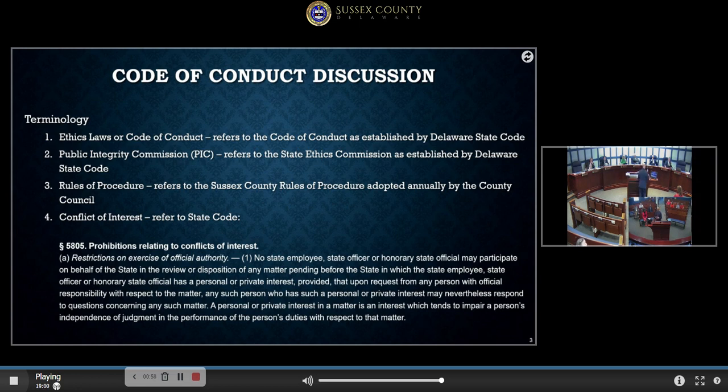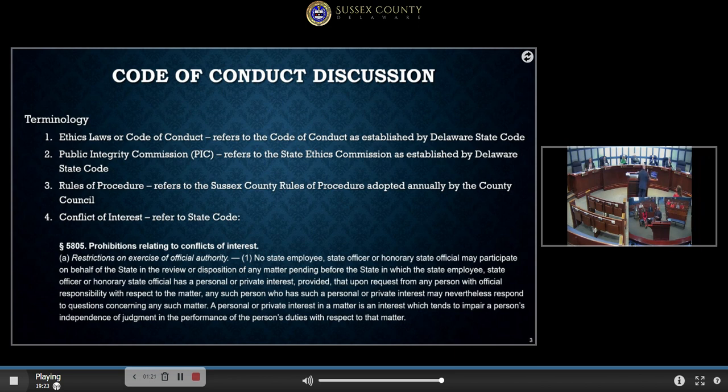The state has ratified their code of conduct right in the Delaware State Code. The PIC, which is short for Public Integrity Commission, refers to the State Ethics Commission, also established in the same chapter within the code. So anytime we speak about the PIC, that's the Public Integrity Commission.